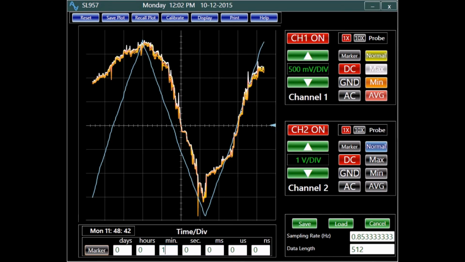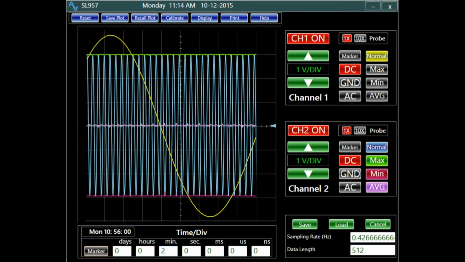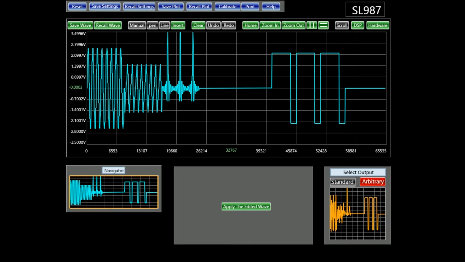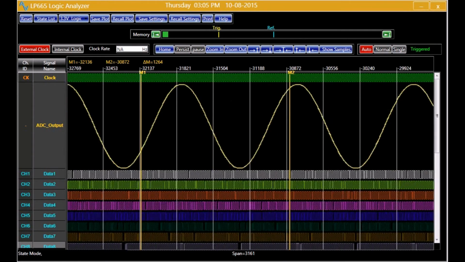For slow varying signals, the data recorder, with its flexible time settings of from 500 nanoseconds per division to 365 days per division, offers the user the ability to monitor the changes of the intended signals and save the corresponding data. The instrument can be upgraded to include an arbitrary signal generator, a logic analyzer and a pattern generator in